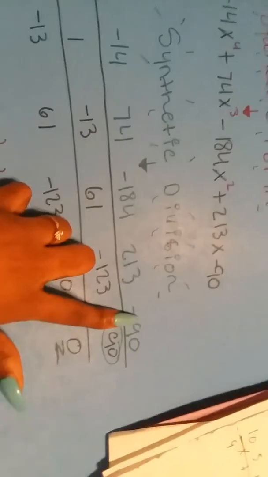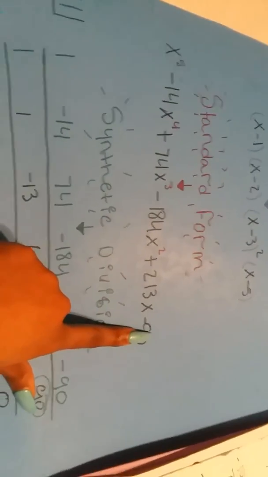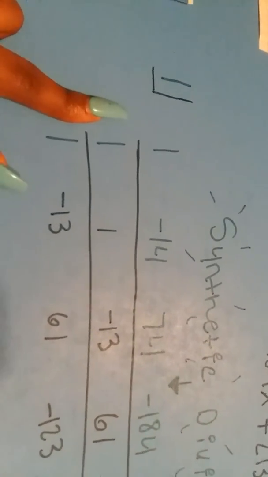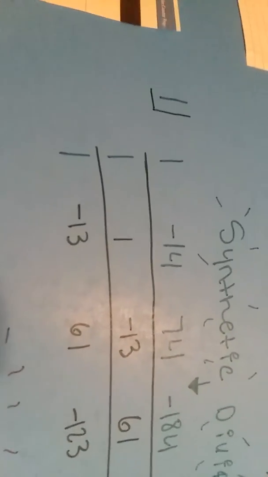final graph. Now, to check to see if your problem is right, you will use synthetic division. Using synthetic division means you will find all the factors of 90 from your previous standard form, and one of the factors was 1. The way you know that it is correct is if you get 0 as your final answer, and I use positive 1 for